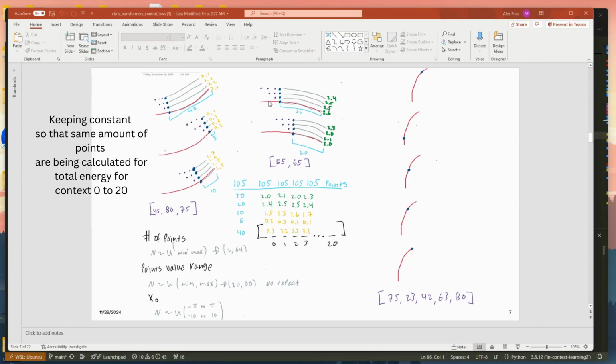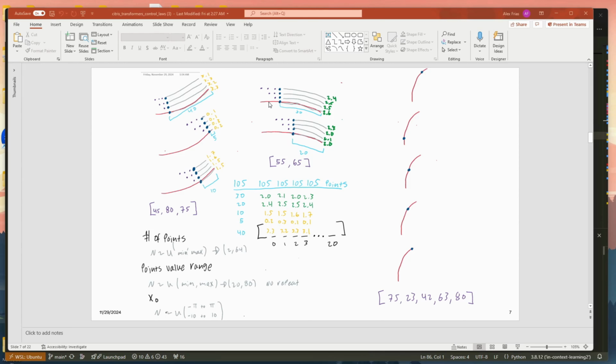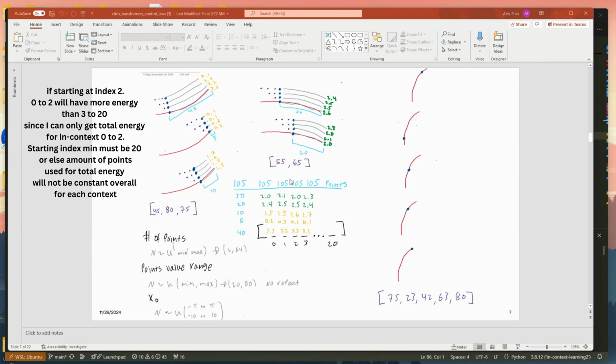right here at starting index 2. So if I did starting index 2, let's see, yeah, so it'd be just up to 2, right? Because I can only add 2 in context before it, and then all these numbers are going to be way different. So these 2 are going to have more energy, just for the fact that I am calculating more total energy sent for more points. And yeah, that's why